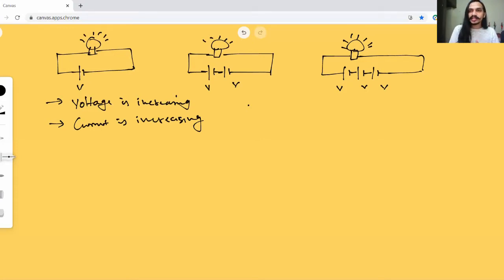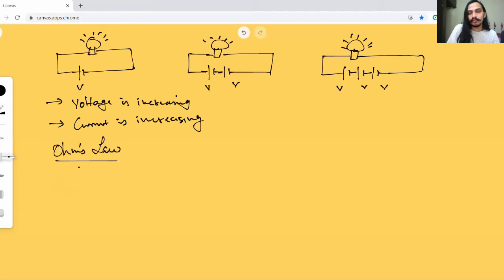Voltage is responsible for pushing the electrons. That's what we have seen. It makes sense that if there is more voltage, more electrons are being pushed. It's like more force, from the negative to the positive in that cycle. So we can say that whenever the voltage is increasing, the current is also increasing. We say that there is a direct relation between voltage and current. We also call this Ohm's law.